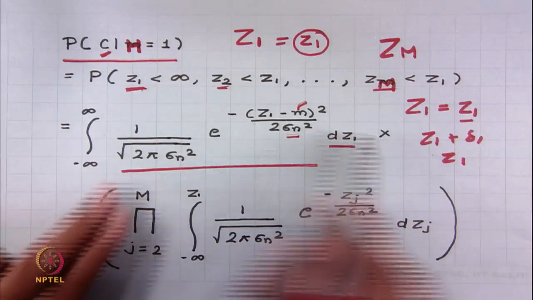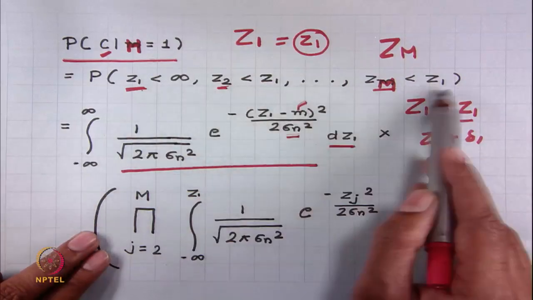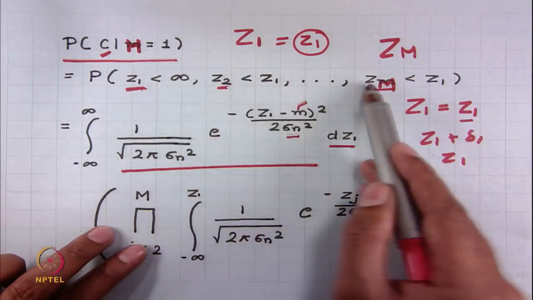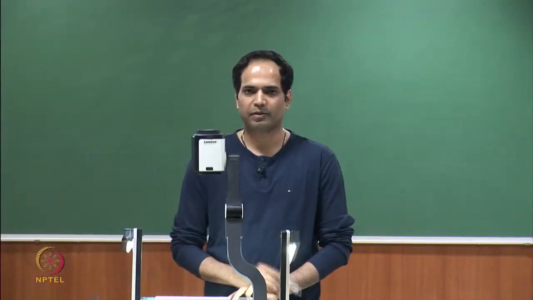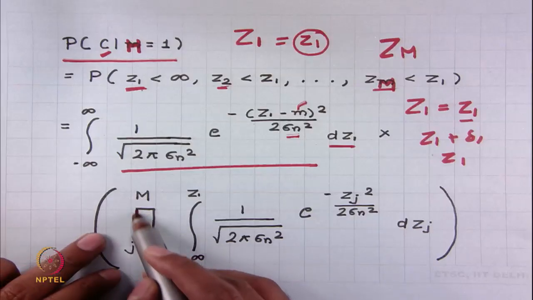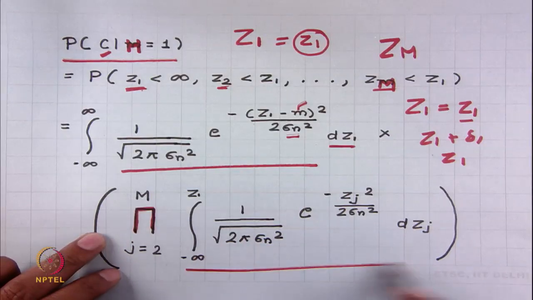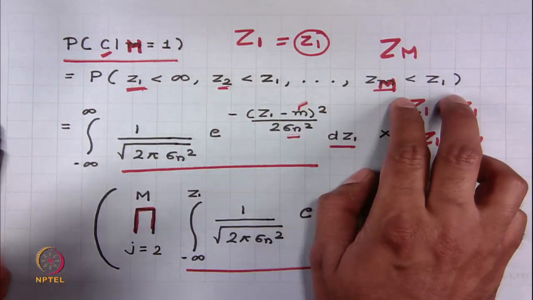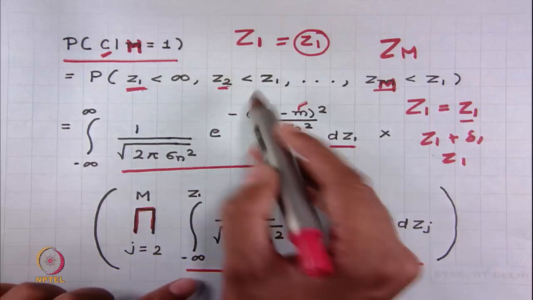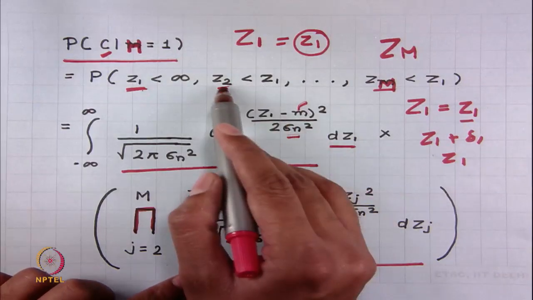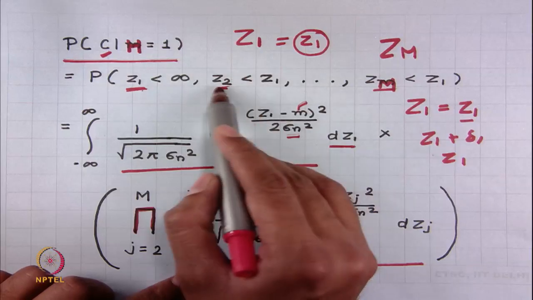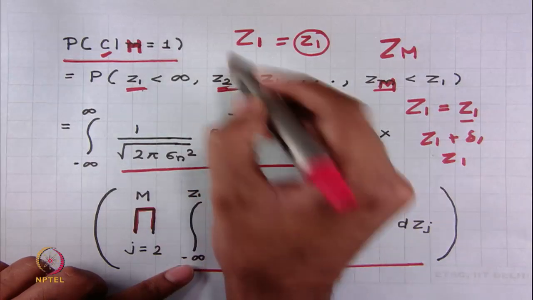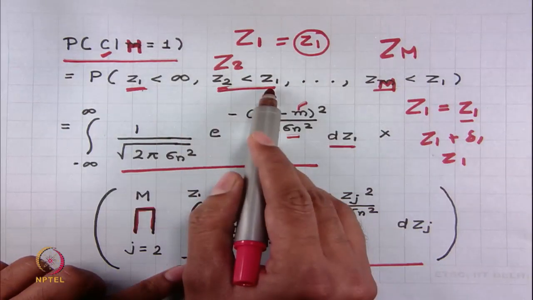And now, to this we have to multiply the probabilities of all these events, and all these events are independent events, and thus we have to simply multiply the probabilities of these events. So, you have this multiplier which simply multiplies the probability corresponding to each event m minus 1 time, is not it? And what is the probability of each event? So, let us focus on, let us say, this event. So, here we have to find out what is the probability that random variable z2 takes in a value less than z1,